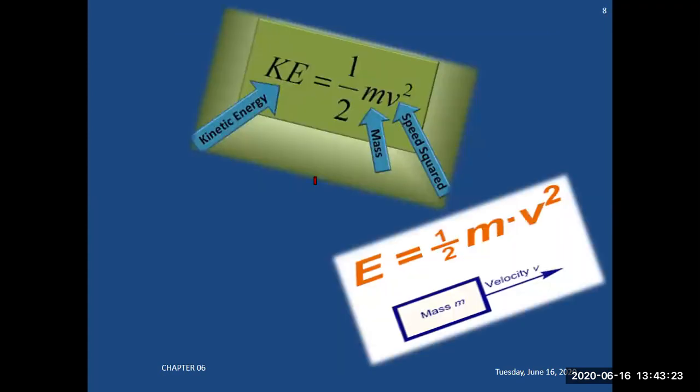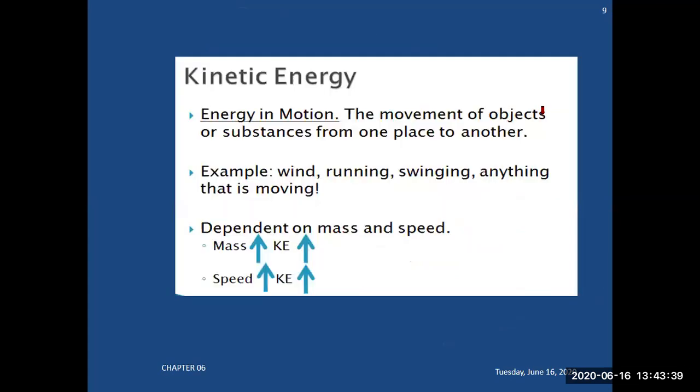If you look at the formula of kinetic energy, kinetic energy is equal to half mv square. It depends on mass, and it depends on velocity as well, the speed as well. So this is the basic formula which is used to calculate kinetic energy. Kinetic energy means the movement of particles, objects or substances from one place to another place. This is the concept of motion of particles or objects.